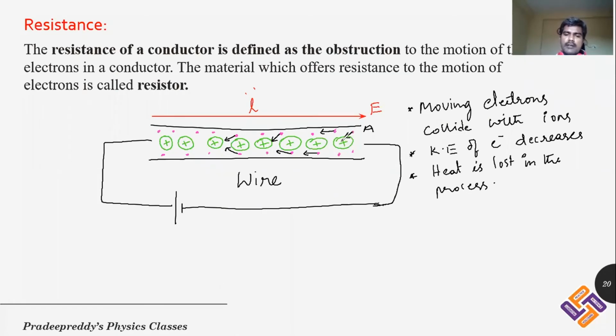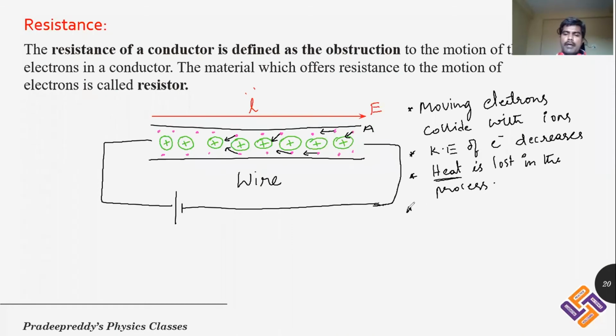And after collision, when its speed has completely been lost, again there is the electric field. It will experience force in the opposite direction. Therefore, the same electron again gains some velocity. And when it is again gaining velocity and coming over here, it hits another ion, and therefore it again loses its kinetic energy. This is the way internally all the electrons which are drifted by the electric field collide with the ions, resulting in loss of their energy. That lost energy appears in the form of heat.